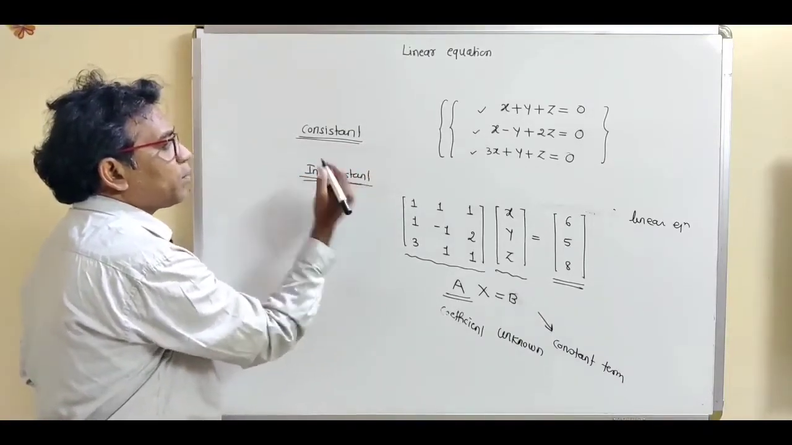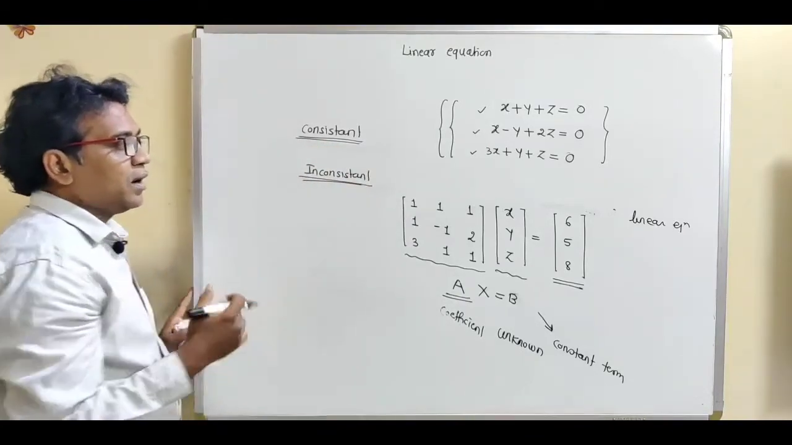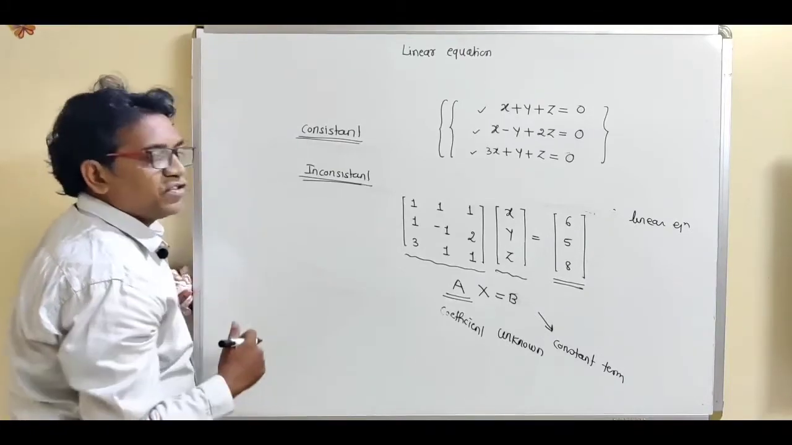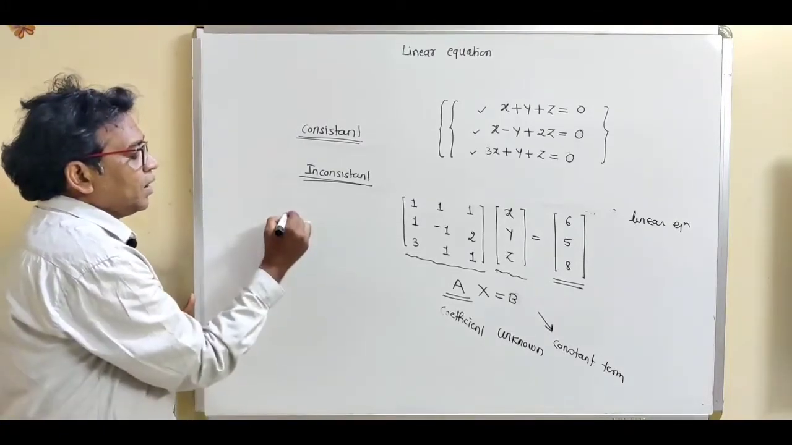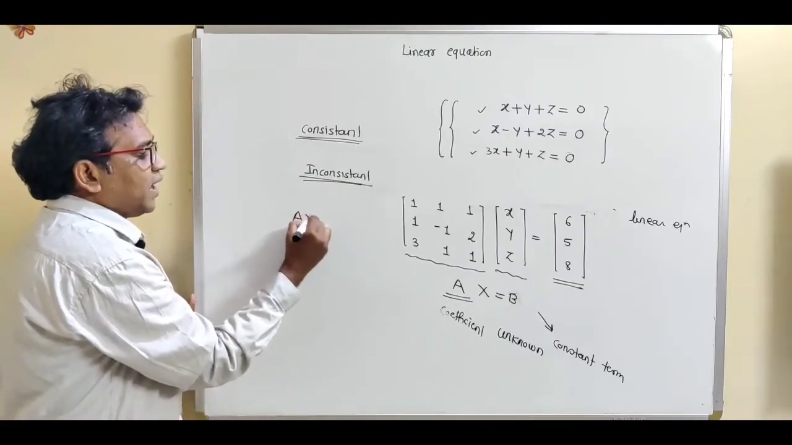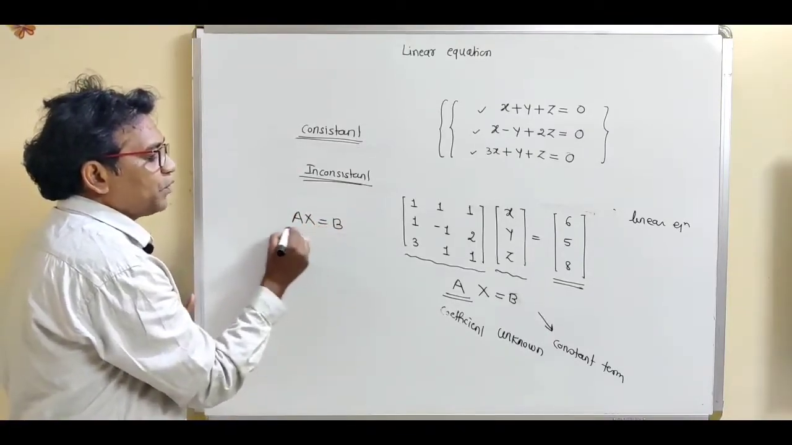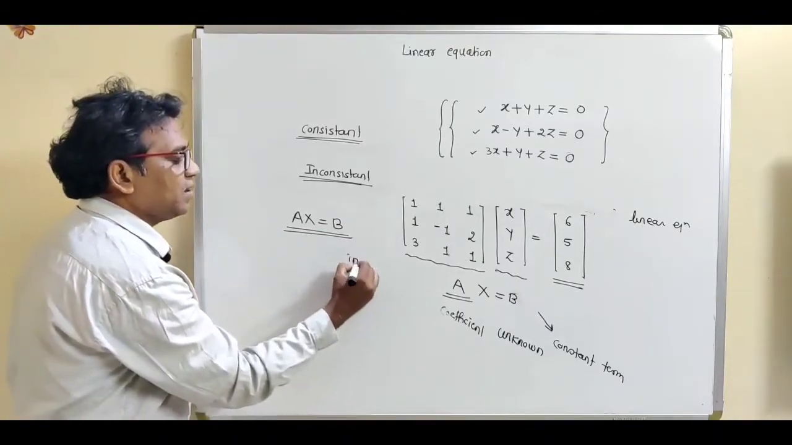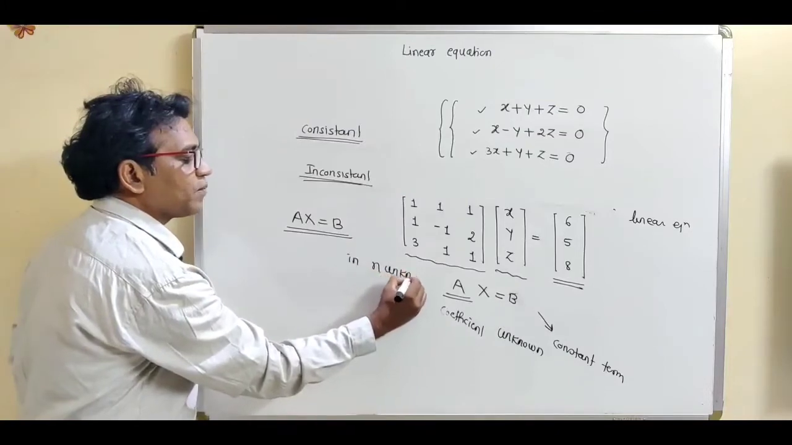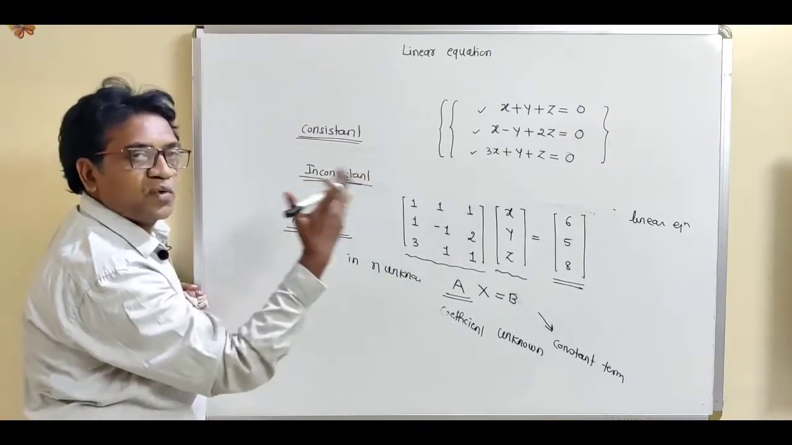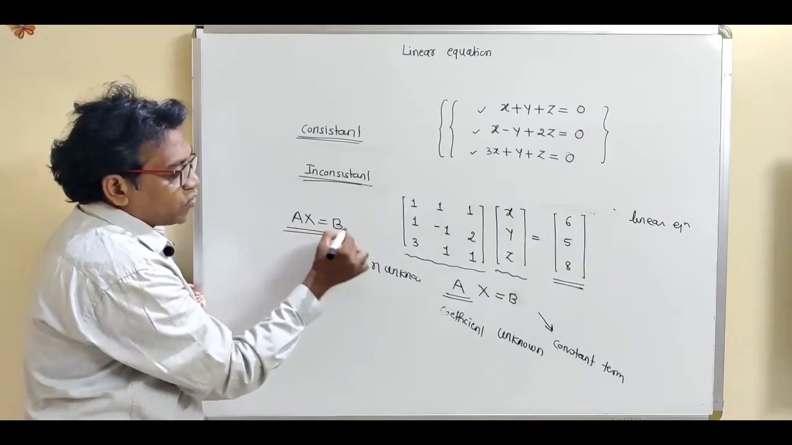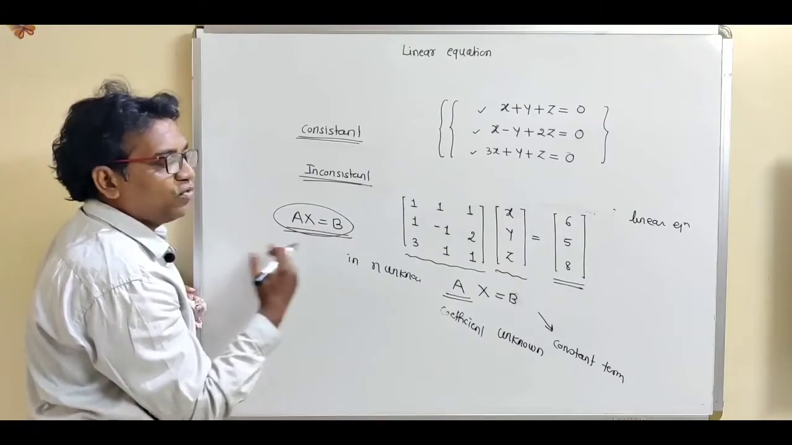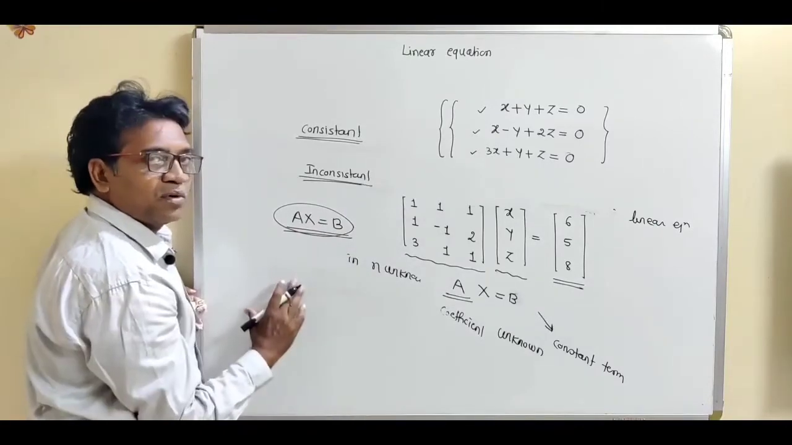What is the definition of a consistent equation and an inconsistent equation? Now see, this is the definition. Suppose Ax = B is a system of non-homogeneous linear equations in n unknowns. In this equation we have taken 3 unknowns x, y, z. Suppose Ax = B is the system of non-homogeneous linear equations in n unknowns, then what is